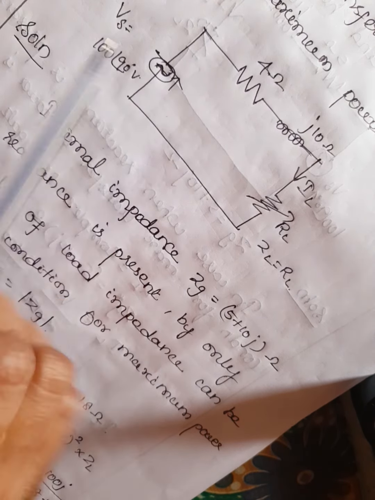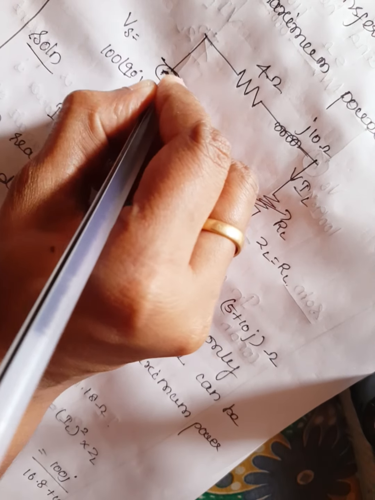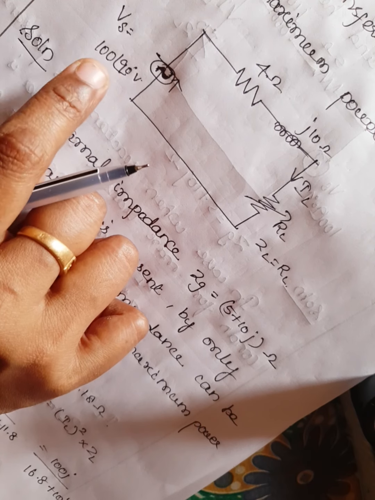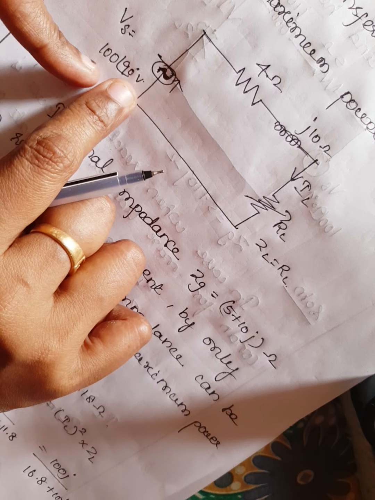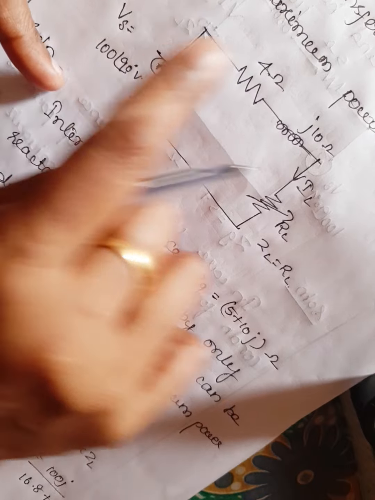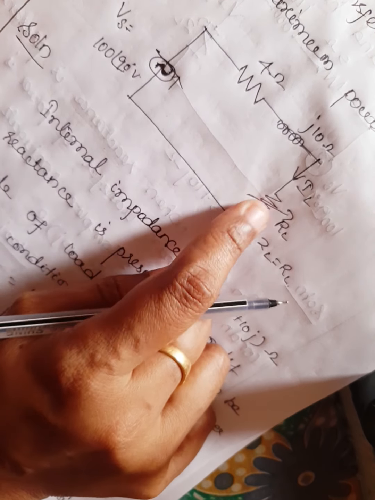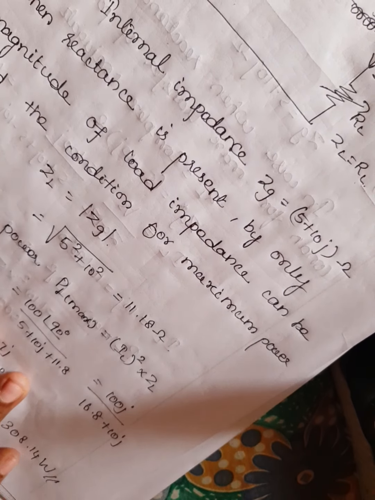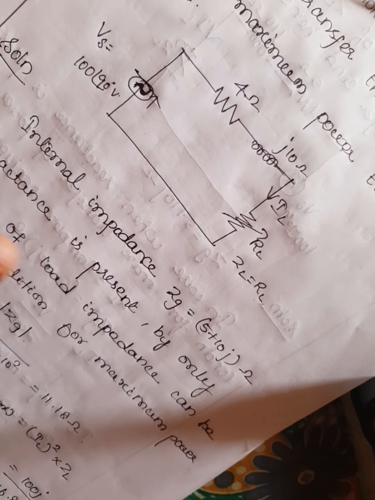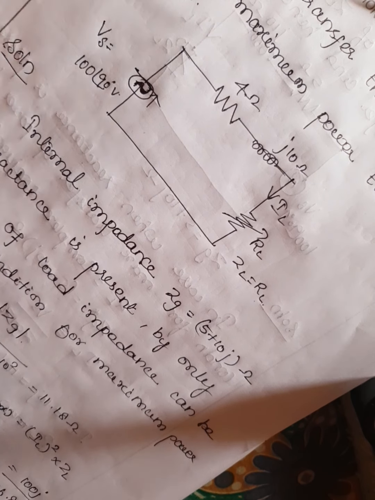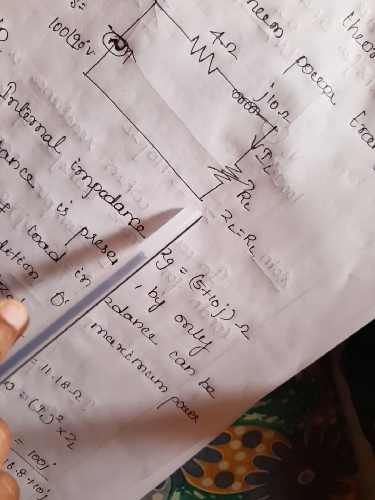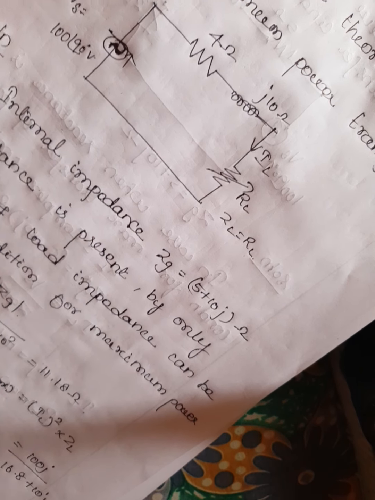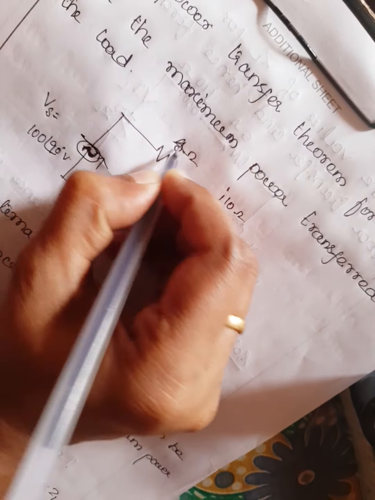So here it is an AC circuit. It is marked as the AC voltage signal, 100, which consists of both the magnitude and phase value, 100 angle 90 degrees. So it is an inductor and here it's a load resistor, and the current flowing through the load resistor is IL. Now listen, there are two cases, that is when the internal impedance value is not 4 ohm, it is 5 ohm.